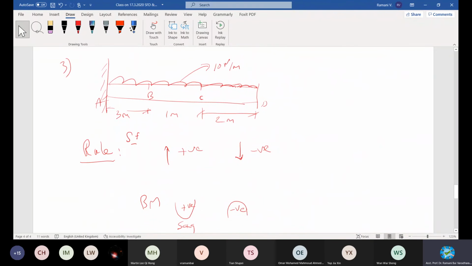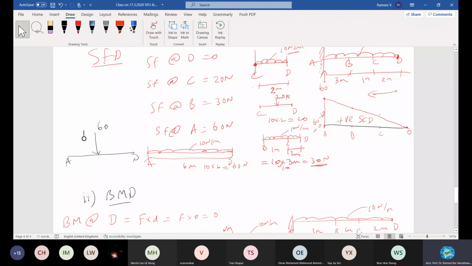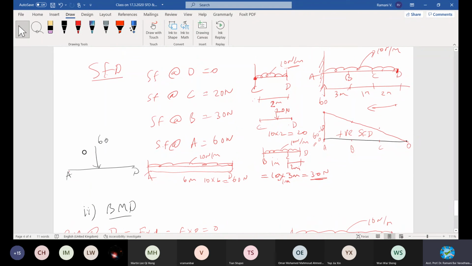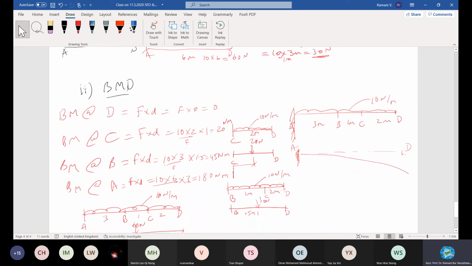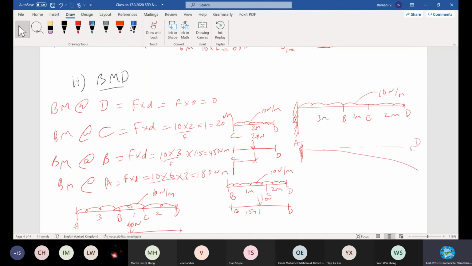Here's the second question. This one, okay. So we calculated the shear force from one end to another, simply adding the loads, right? Simply adding the loads by converting them into a point load. Point load here, point load here, point load here, at the distances. Now, coming to the bending moment diagram. For the same, if you plot the bending moment diagram, it will be like this.